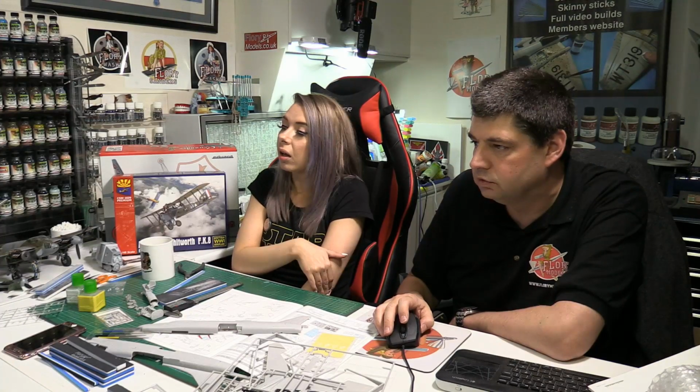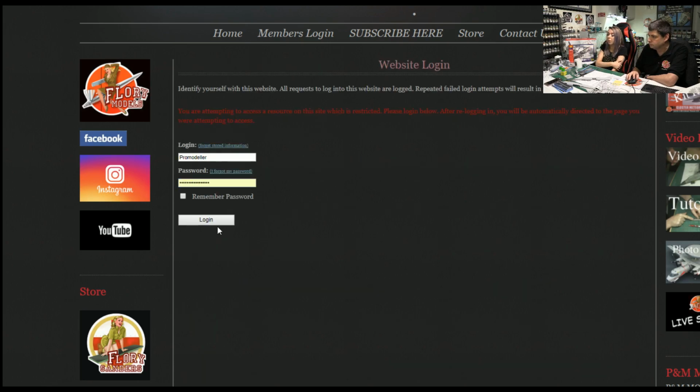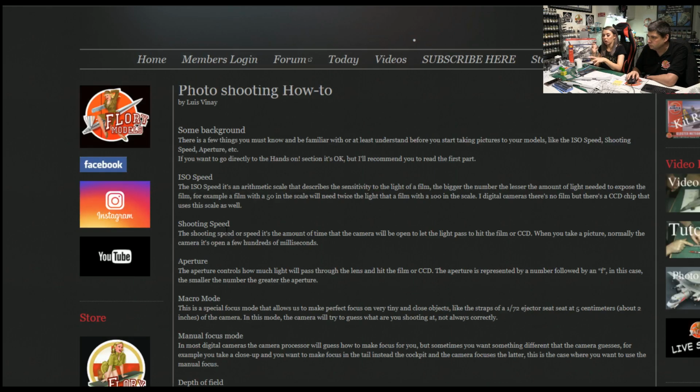Taking model photos. There we go. A lot of it as well is to do with the fact that I do all the photos for her at the moment, and I was actually talking to Matt about this today. It's all about making sure that when you're taking a display or anything like that, if you want something to look real, you keep certain things in the background, and I use